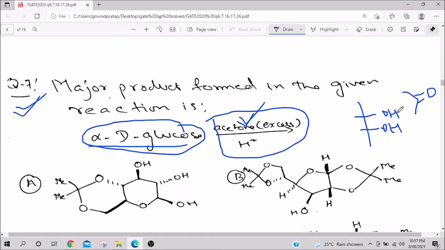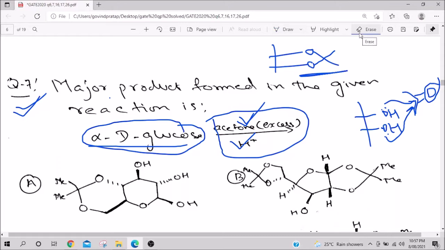The IUPAC name still remains acetal, though even it may react with ketone. So, in presence of acid, this oxygen lone pair goes and attacks here, this oxygen lone pair also goes and attacks here, and this oxygen goes away with these protons and H2O is lost, and we get protection, something like this. So, this is acetal protection of diols. Here, because it is acetone, we also call it formation of acetonide.